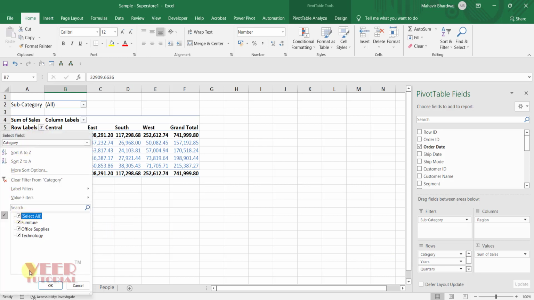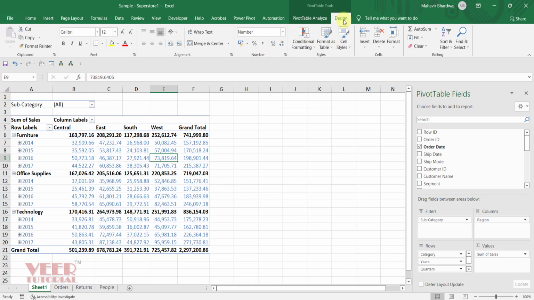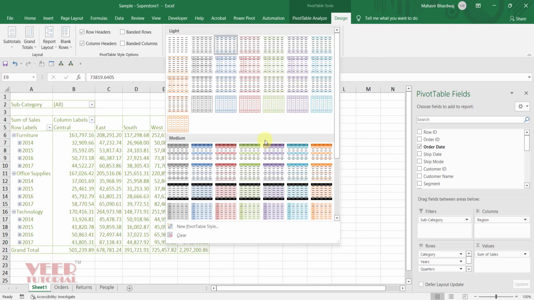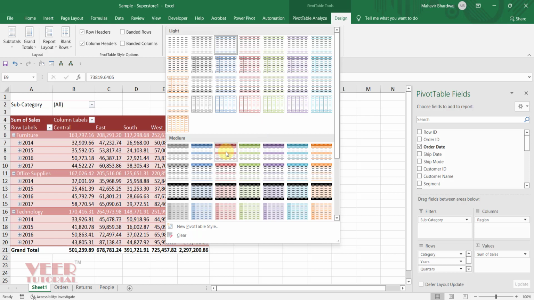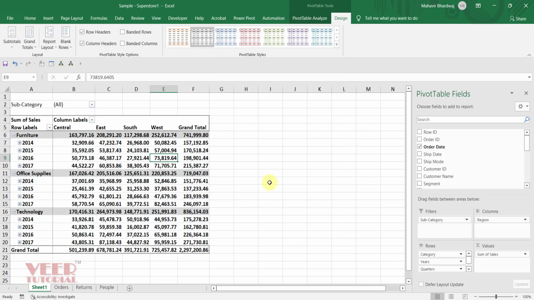So I can further create these kind of reports in a few clicks, you can see. And subtotal is also coming, and I have a lot of predefined formats, which we can change in a few clicks, and we will get the dynamic reports. How wonderful it is. So in this video you will learn all these things, how you can create such reports